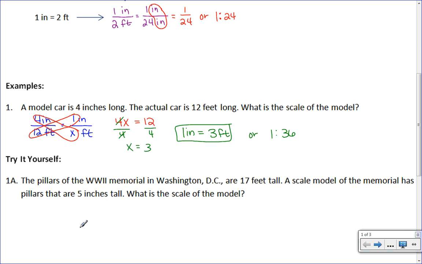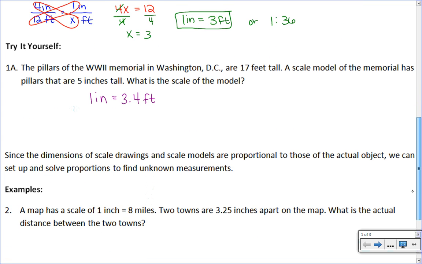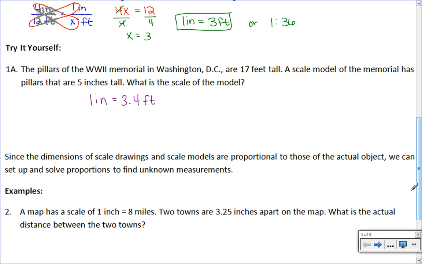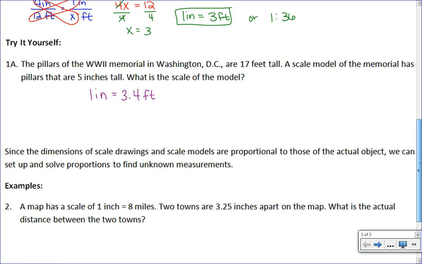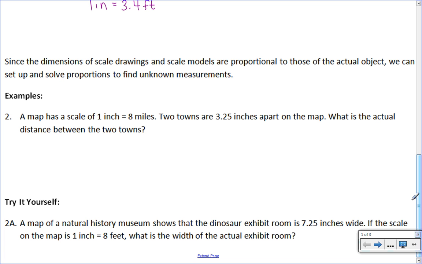Okay, and for this one, the scale that you should have gotten should be 1 inch is equal to 3.4 feet. Since the dimensions of scale drawings and scale models are proportional to those of the actual object, we can set up and solve proportions to find unknown measurements. So in these problems, we won't be looking for the scale, but we will be looking for some unknown length